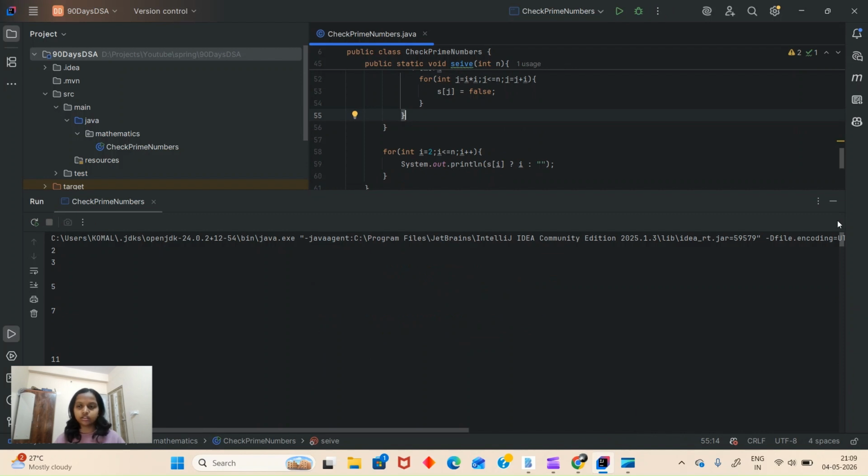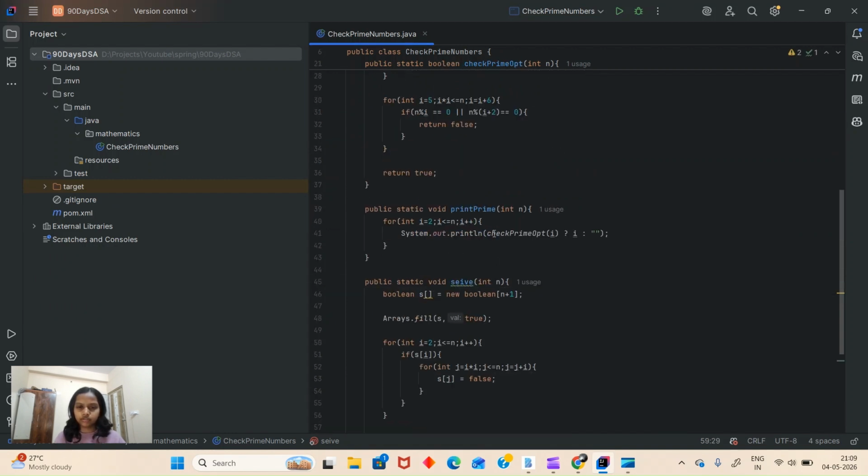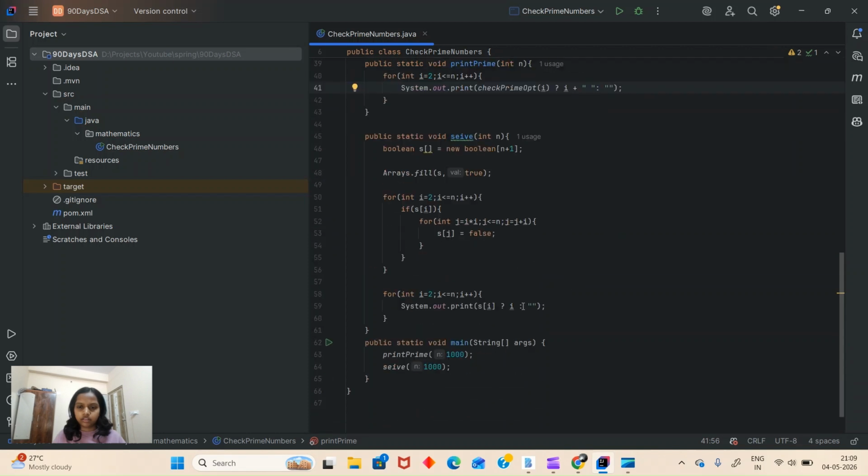Again, what we'll do is, instead of this, we'll write like this, and maybe some space.